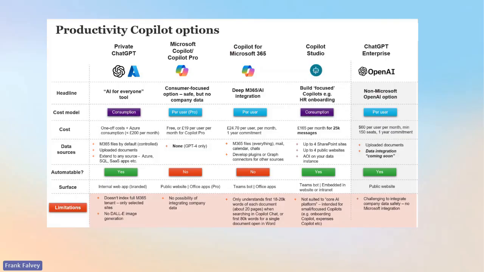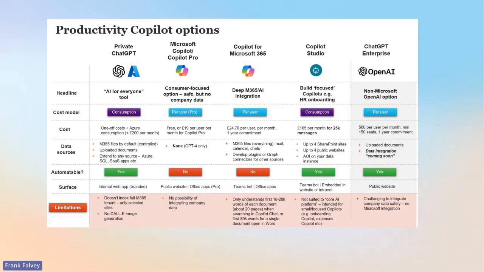If somebody wanted to use Copilot Studio, you can see the cost: you can either pay 165 per month for 25,000 messages, that's the consumption model. You can have up to 4 SharePoint sites on that, and up to 4 public websites. I'm just focused on Copilot Studio on this one now.